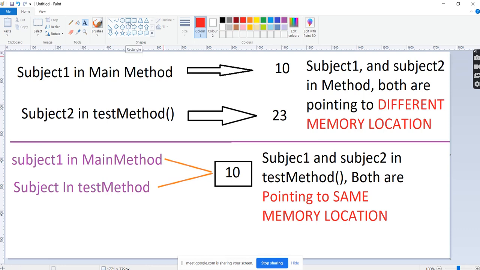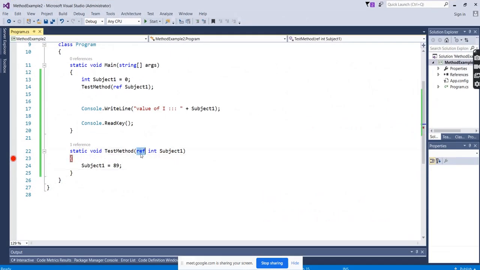Even in a standard interview question, they will say, if I want to retain the modified values in the main method, what will we do? The answer is, I will create the method as it is, I will just add the ref keyword before it. Why do we need to add the ref keyword before the parameters, before the arguments? Because the ref keyword will share the common memory location. When it is sharing the common memory location, whatever changes I make in the sub method will be reflected in the main method also. Without returning, we can see the changes in the main method.